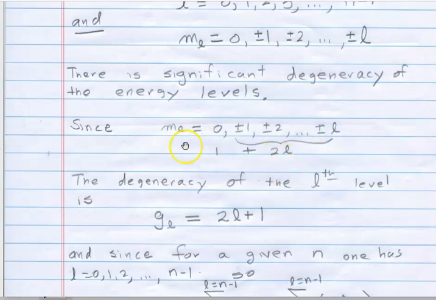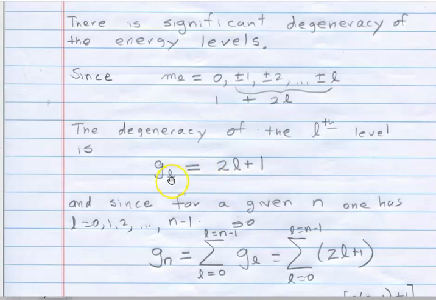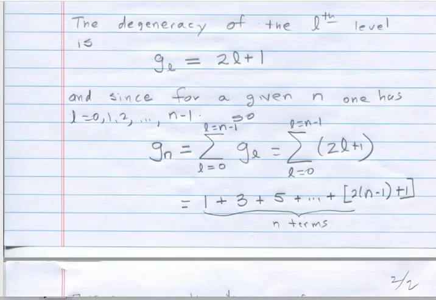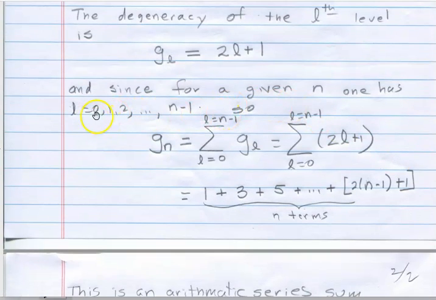And then the m sub L equal to 0 is just a 1 state. So if I count up all of these, for any given L, I've got 2L plus 1 m sub L states. So what you can immediately say is that G sub L, the degeneracy of the Lth level, is 2L plus 1. However, for a given n, one has